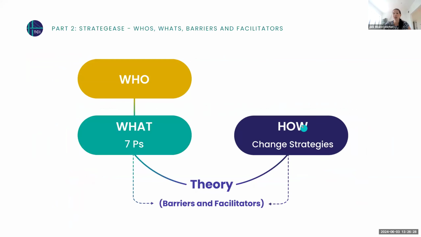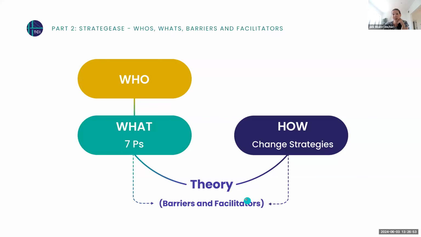And ultimately, we like to call this the who and the what. So who is being asked to do something differently? And what are they being asked to do differently? And the better we can describe this what, the better we set them up for success. And when we know what we're asking people to do differently, that's when we start getting information about the reasons that they may or may not change.